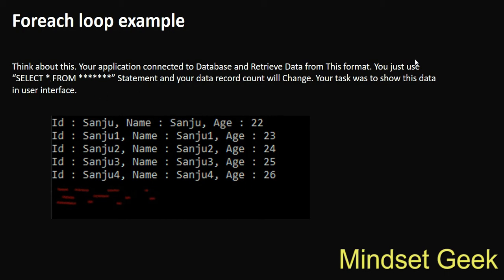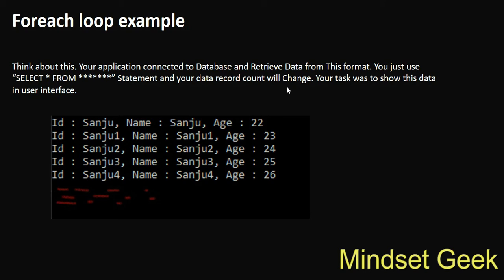And you just use select all from table name, right? From the database you get all the records. That means you can't imagine how many records come to your interface, right? And your data record count will change.